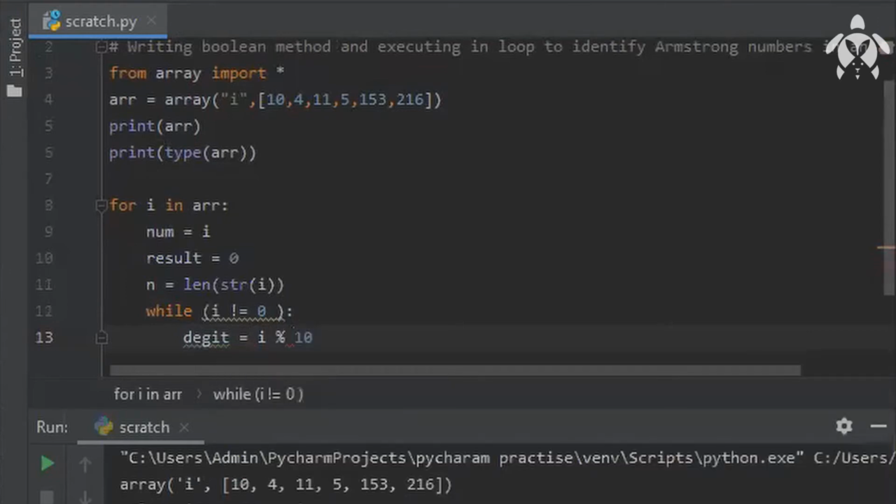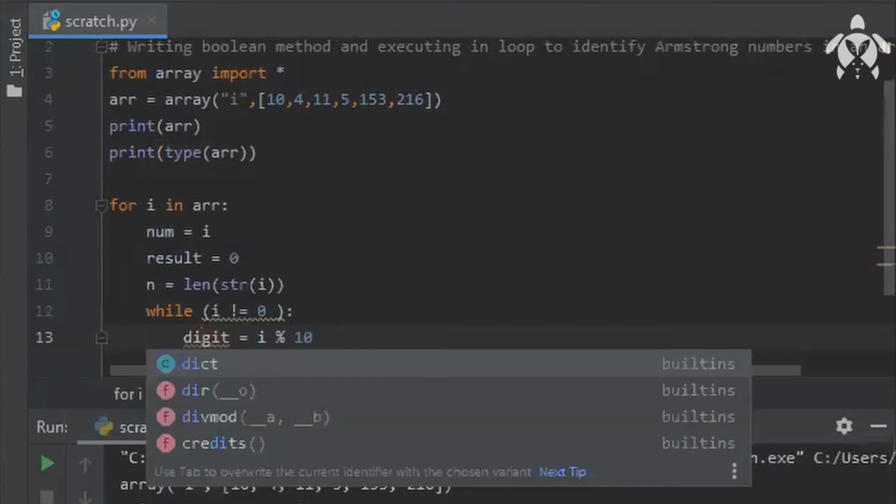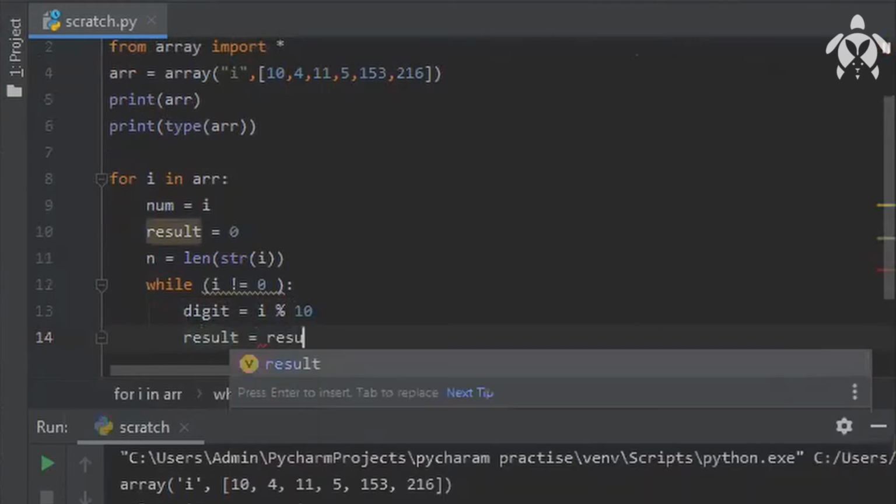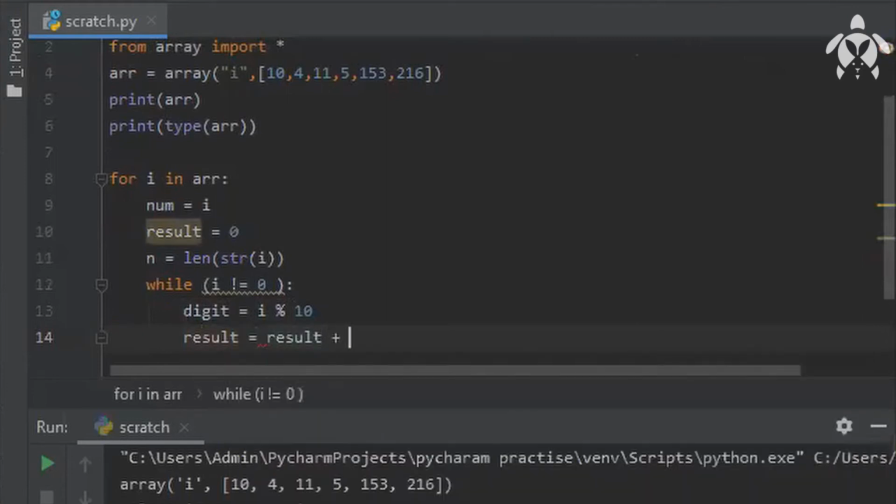Why am I doing i % 10? Because I want one number to come out. So result is equal to result plus digit to the power of n. And then here you are adding all the numbers by squaring or giving a power to that number. The power will be the same as your digit.